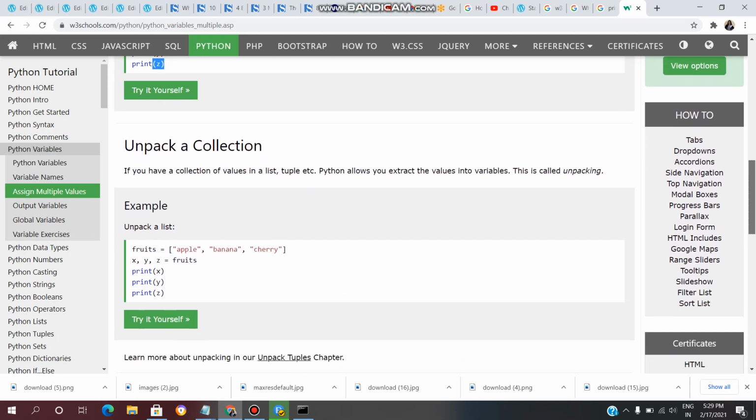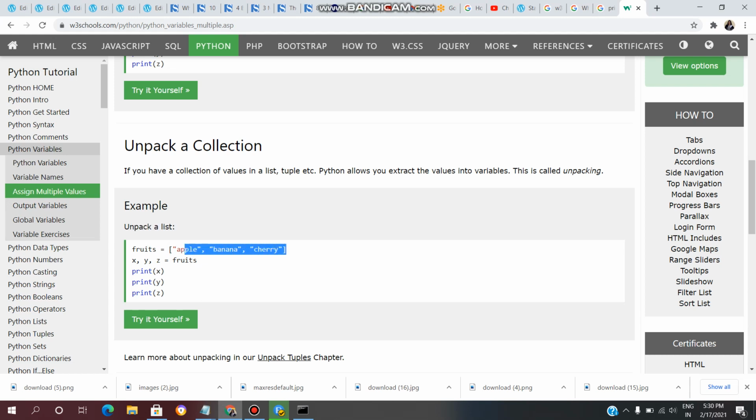And now, unpack a collection. If you have a collection of values in a list, tuple, etc., Python allows you to extract the values into variables. This is called unpacking. We will see list and tuple concepts later, but we will see what unpacking is now. Unpacking a list: fruits equal to apple, banana, cherry.